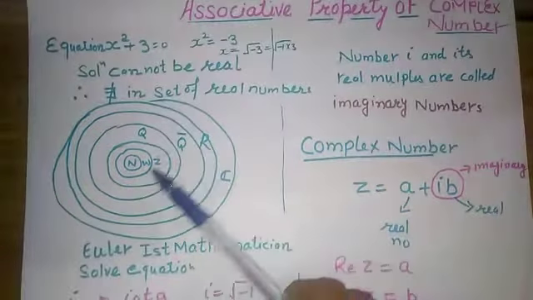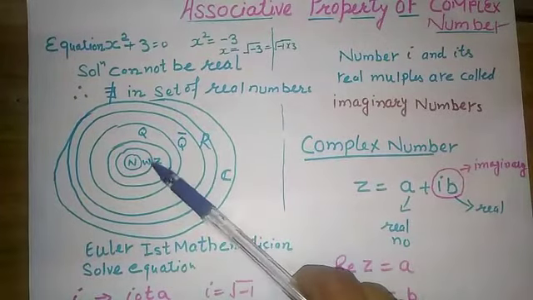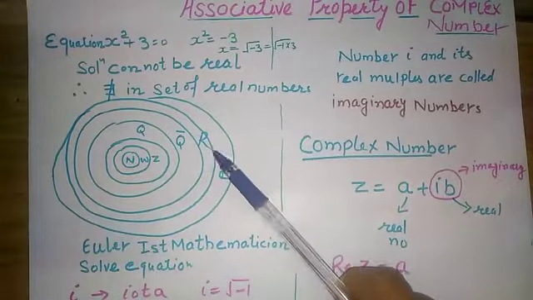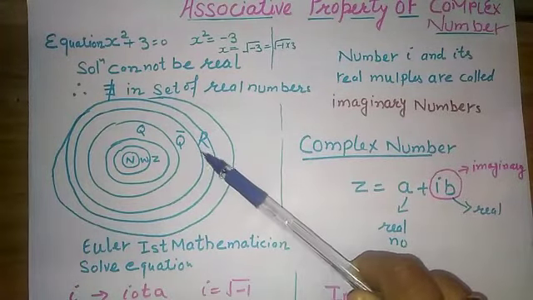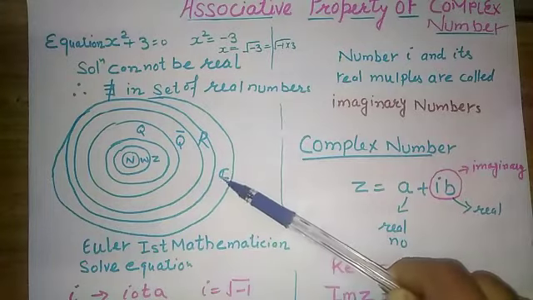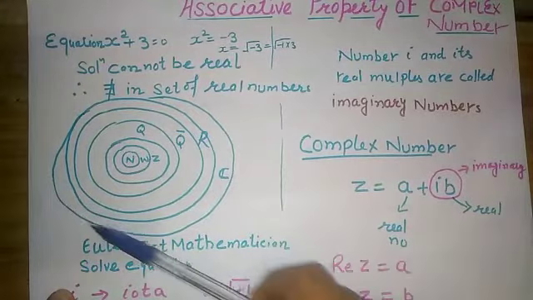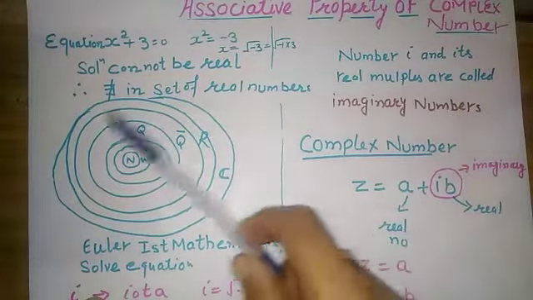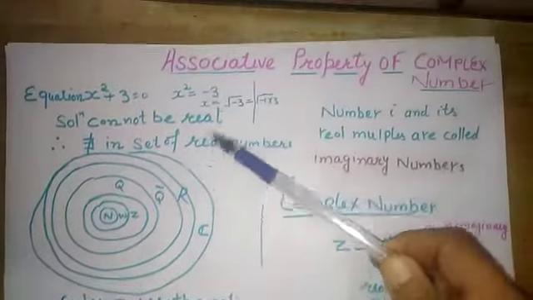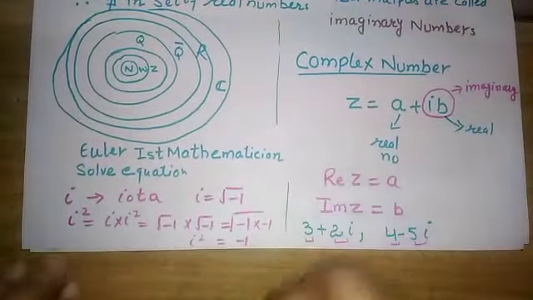We have studied that the real numbers contain natural numbers, whole numbers, integers, rational numbers and irrational numbers. This was up to the real numbers, but now we take one more step. After the real numbers, there are complex numbers. It is denoted with C. C is the set of complex numbers. It will contain all the real numbers as well as other solutions which are not possible for this type of equation. So let's study iota.